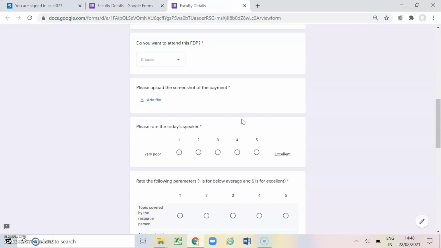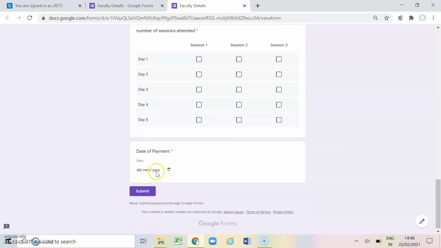Going on to the preview section, and see, this is how this question will appear. They can simply write the date here, like 22nd February 2021. So on whatever date they have made the payment, they can simply write it here.